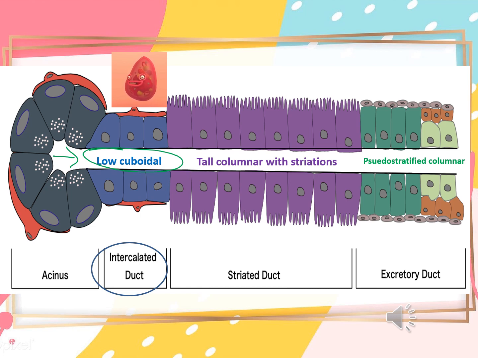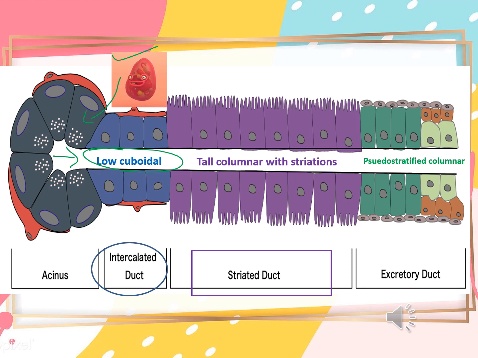The intercalated duct cells are very similar to serous cells in terms of the kind of nucleus and the organelles that they have. Intercalated duct cells also have certain granules in which enzymes like lactoferrin are packed, and this will help in modification of the saliva. Apart from this, the intercalated duct has some undifferentiated cells, which come into play when there is some damage to the acini. So if the acini is damaged for any reason, the undifferentiated cells will differentiate into some kind of cells in order to repair the damage.